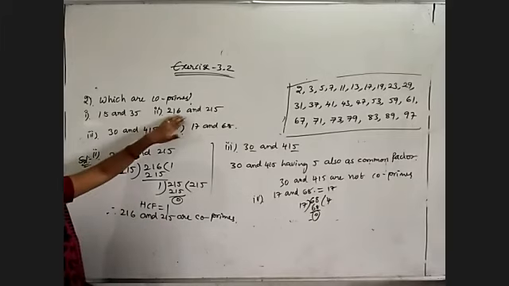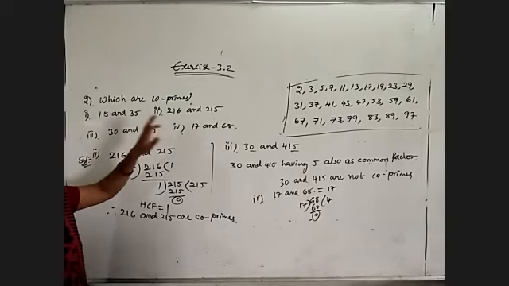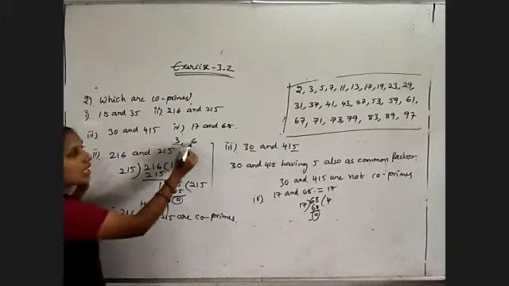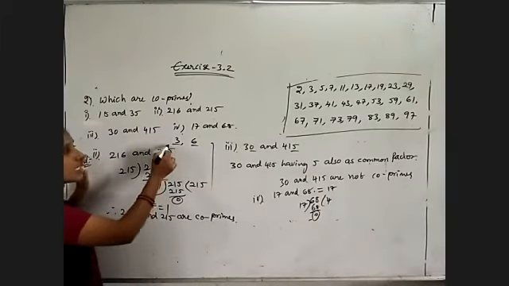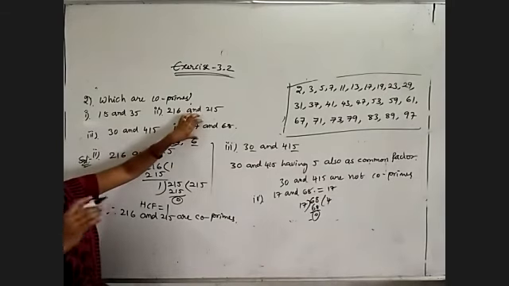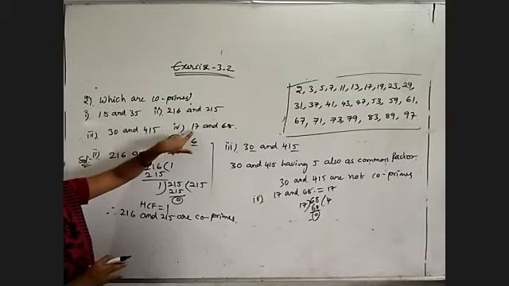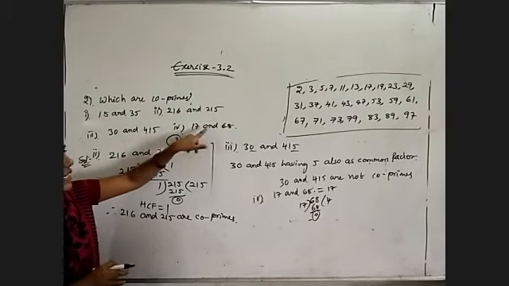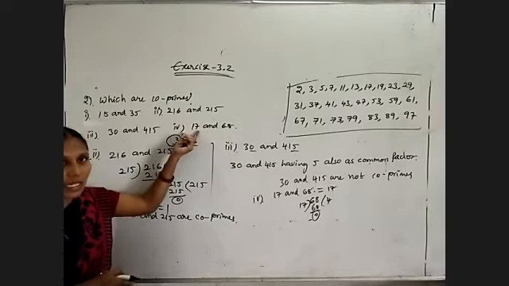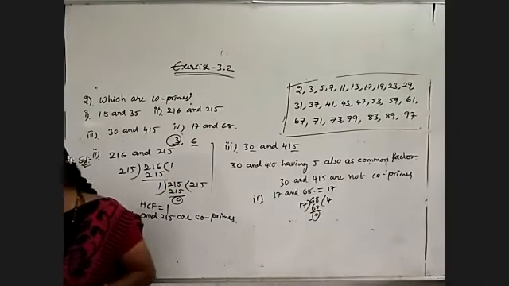And remember, if they are given consecutive numbers, always consecutive numbers are co-primes. And suppose I got 3 and 6. In the 3 table I will get 6. 3 2s are 6, which means the HCF of those two numbers is equal to 3. So if the greater number is a multiple of the smaller number, then the smaller number will be the HCF. So 17 4s are 68. Therefore the HCF of 17 and 68 is equal to 17. So these two are not co-primes. That's all. Now coming to the next.